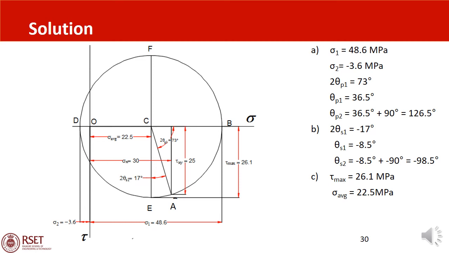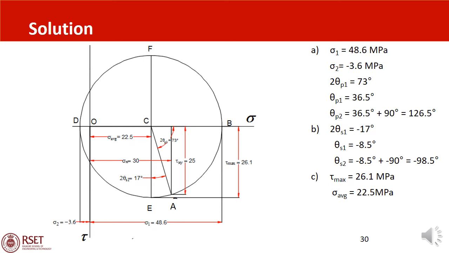The center C of the Mohr's circle is at a distance of sigma average equal to sigma x plus sigma y by 2, or the coordinates of the center C are sigma average and 0, and sigma x is given to be 30 megapascal and sigma y is given to be 15 megapascal. Therefore sigma average will be equal to (30 plus 15) by 2, which is equal to 22.5 units. Now, taking a suitable scale, you can locate the point C measuring 22.5 units from O.